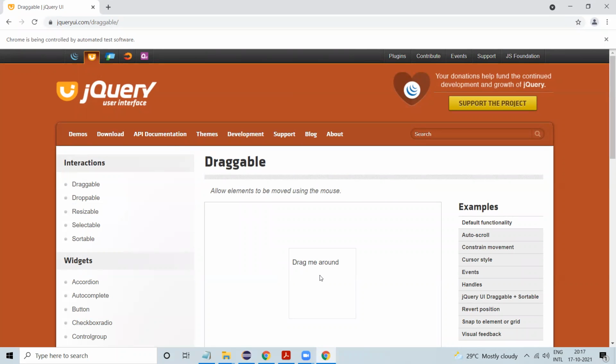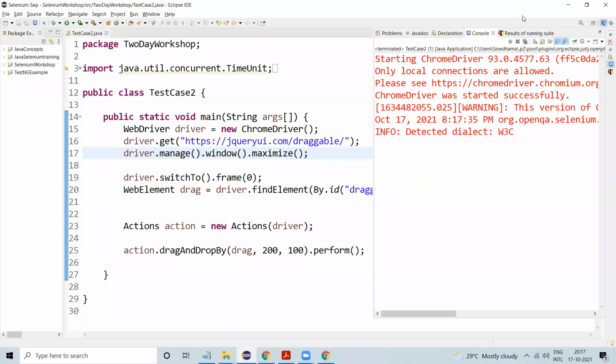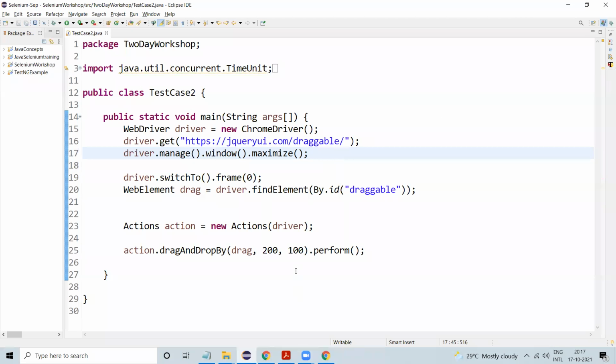See, it is drag and drop in the particular place. Suppose you give a bigger value, suppose I'm giving 300, 400, something like that. Then what happens?